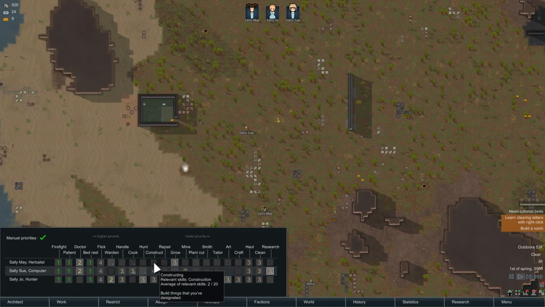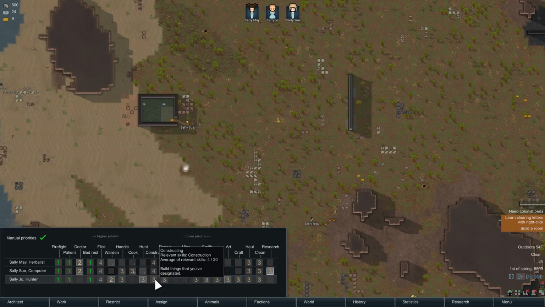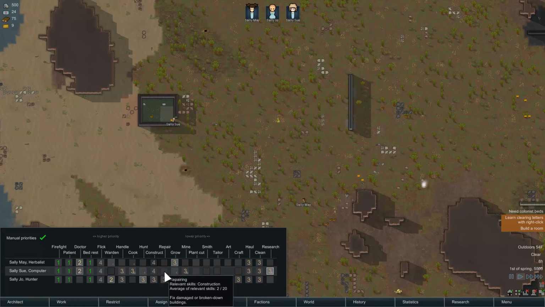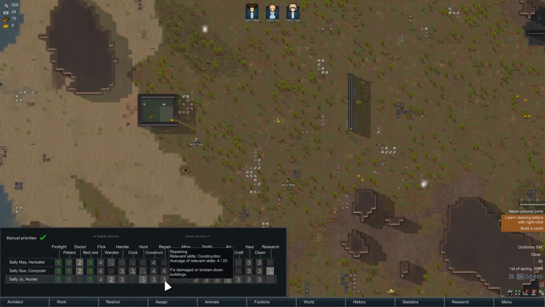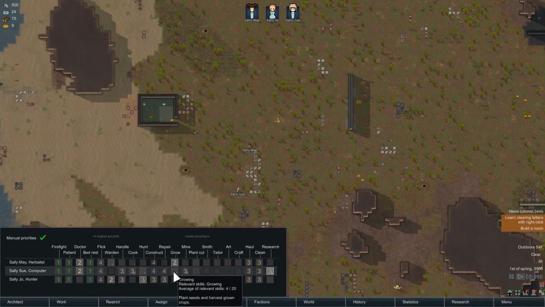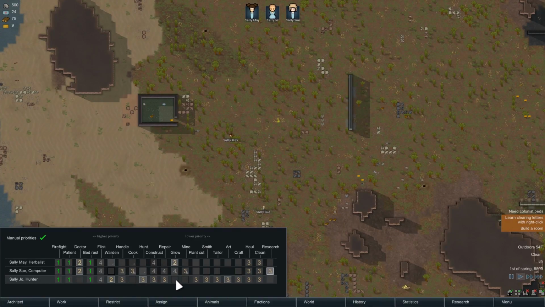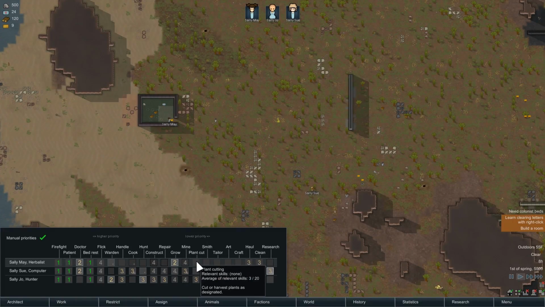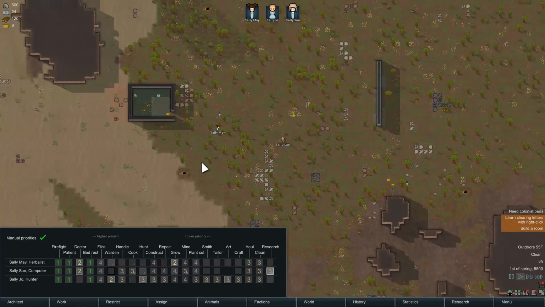Construction, I want everybody doing some construction. But obviously, Sally Joe is going to be our best one. Repair. I guess I'll give you a little bit of priority, but you're, again, the most skilled. Growing, I want that a higher priority. And then everybody else, I'm just going to give 1 level in. Mining, again, have low-level priority here. And then plant cut, again, low-level priority so that jobs get done. Speaking of plant cut,